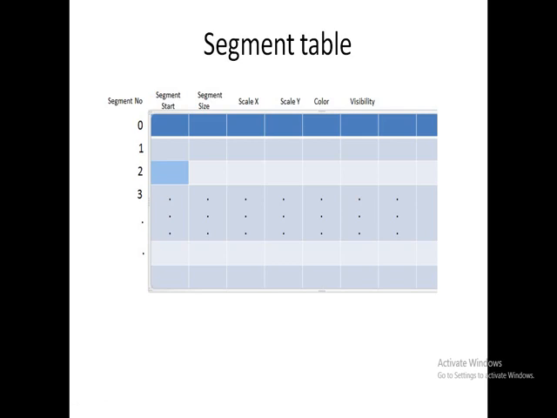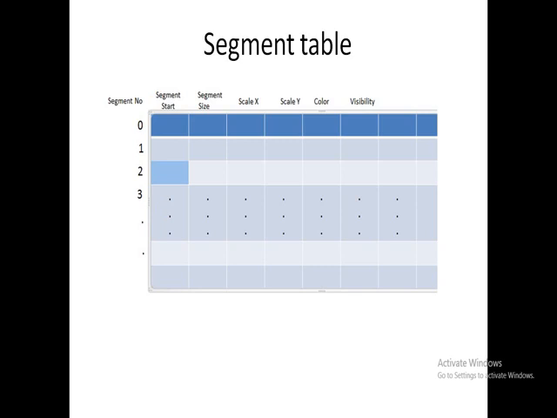When we show the picture, we shall consult the segment table to determine which segments are visible and which are not, and the visibility attribute will give us this information. We look up its starting position and size and pass this information to the display file interpreter, because ultimately the display file is interpreted by the display file interpreter. We have seen these concepts in the first unit, and they will accordingly display the image on the screen.